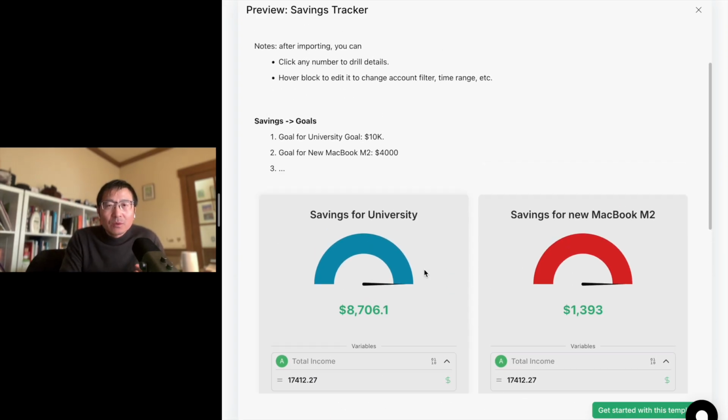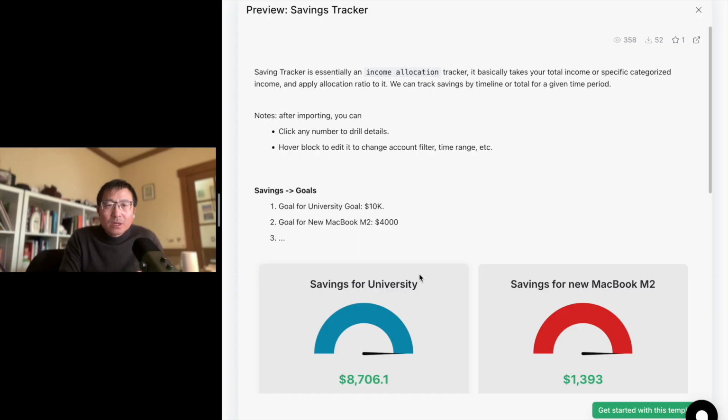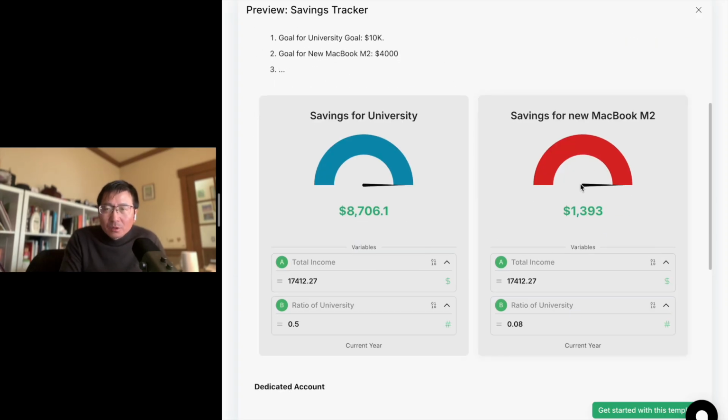So this is what we call a saving tracker. And if you find it useful, you can just build a scenario around it. These are all documents. Again, for any new people who don't understand, this is like documents. You can easily slash to add a new block, or copy and paste an existing block, and build your own